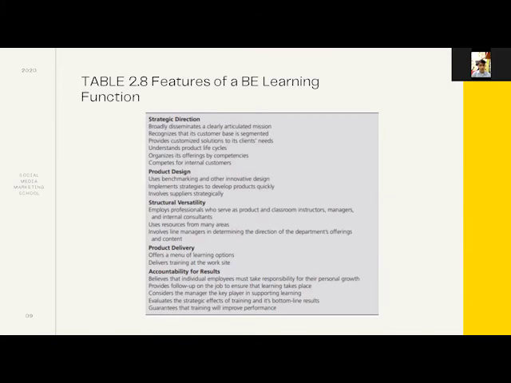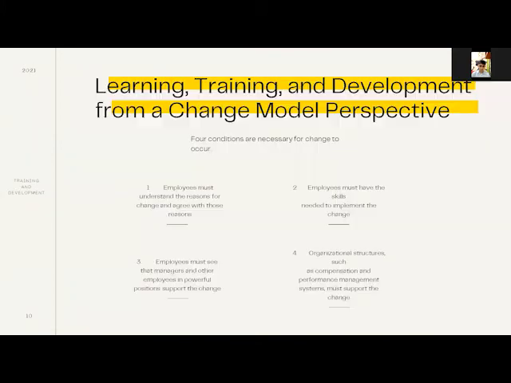Accountability for results believes that individual employees must take responsibility for their personal growth, provides follow-up to the job to ensure that learning takes place, considers the manager the key player in supporting learning, evaluates the strategic effect of training and its bottom line results, guarantees that training will improve its performance. So here are the features of a BE learning function. So here in our next slide,